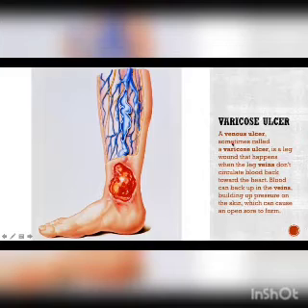Varicose ulcer. It's also called a venous ulcer. It is a leg wound that happens when the leg veins do not circulate blood back towards the heart. Symptoms include swelling, aching, and tiredness in the legs. Usually a red irritated skin rash develops into an open wound. Treatment includes leg elevation, compression, and wound care. Sometimes surgery is required. Blood can back up in the veins, building up pressure on the skin, which can cause an open sore to form. As you can see in this picture, an open wound is formed, and these are the varicose veins.